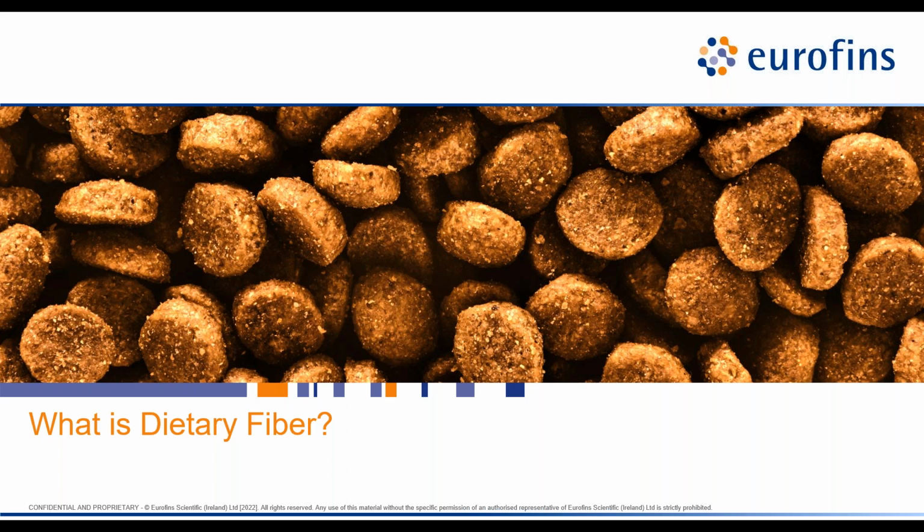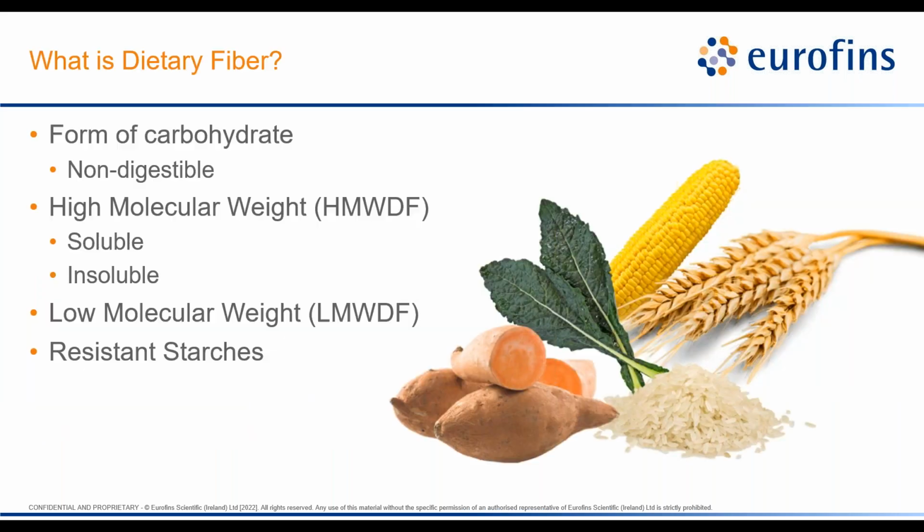Let's jump right in. So what is dietary fiber? Dietary fiber is a non-digestible carbohydrate that can be further categorized by either physical properties or biological properties. Unlike digestible carbohydrates such as sugars and starches, which, as the name entails, are able to be digested by our body and provide energy, dietary fiber is not fully digested. So dietary fiber does have a lot of beneficial contributions in our physiological